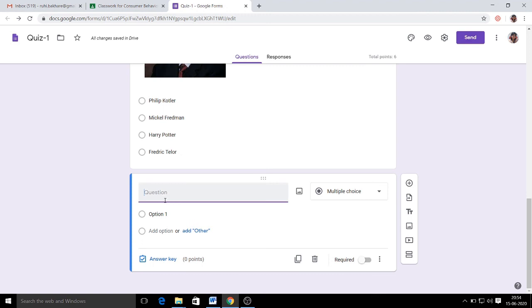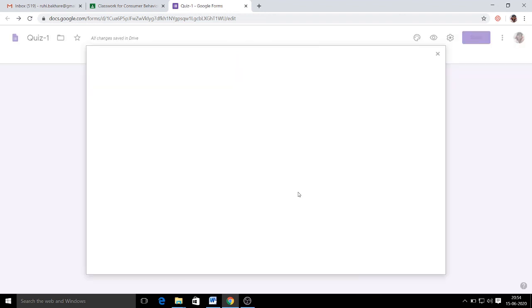Say, in case I want to write a question like, identify this input device. All right. So you can see here the option of image, right?